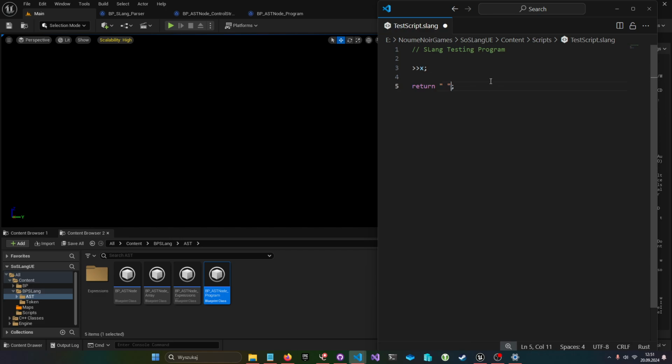So let's use our append operator to make it a little more verbose. Let's ask the user for his name. So, what's your name?